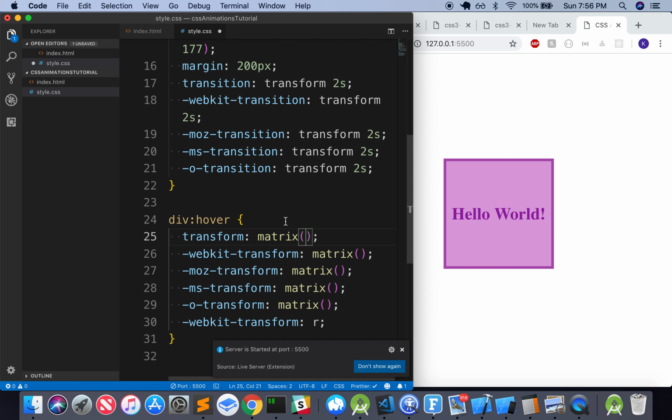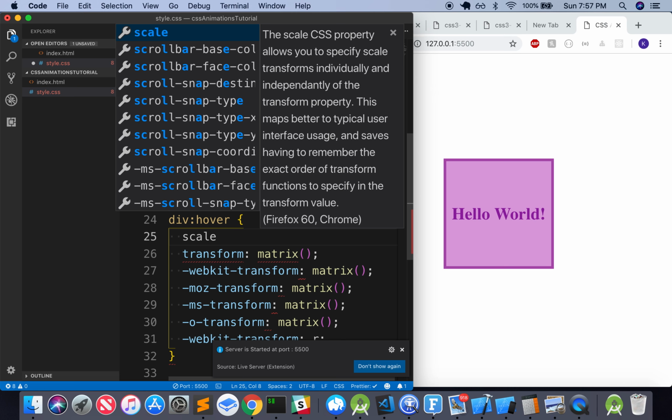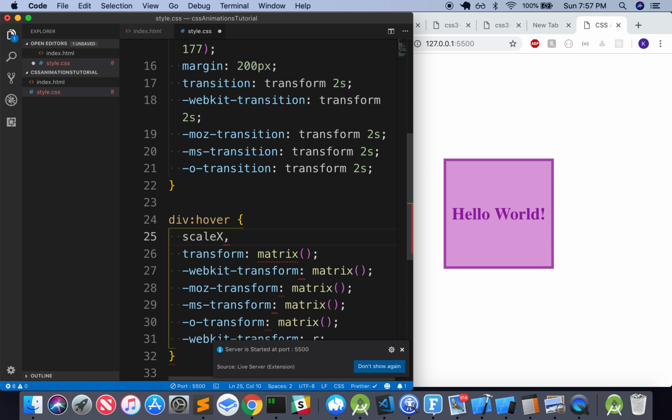So what's going to be in the value inside of matrix, in this order, is 6 values. It's going to start with scale X, skew Y,